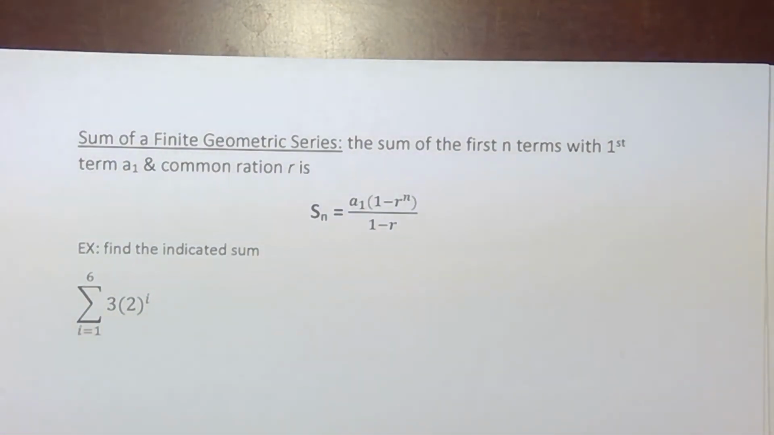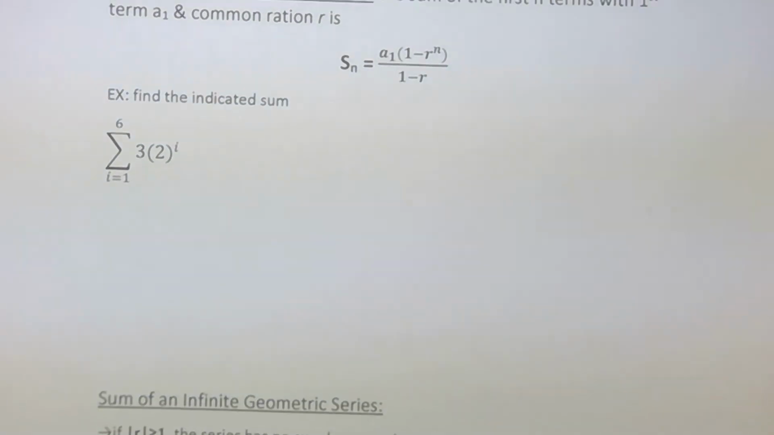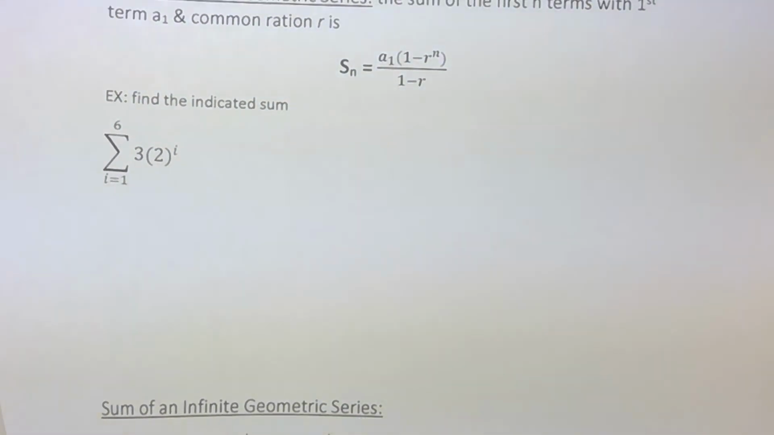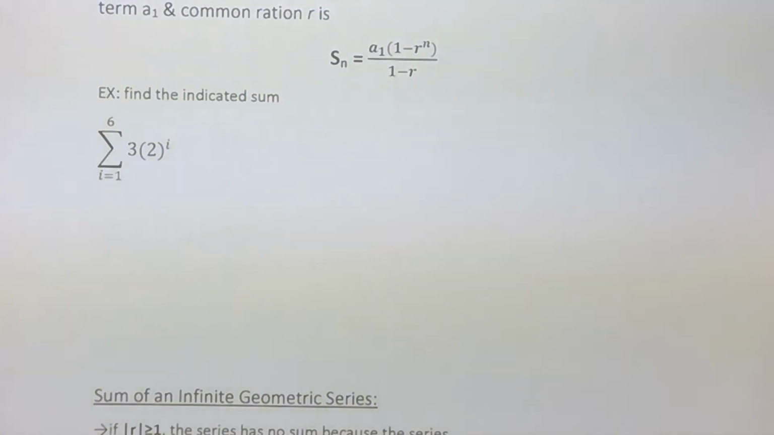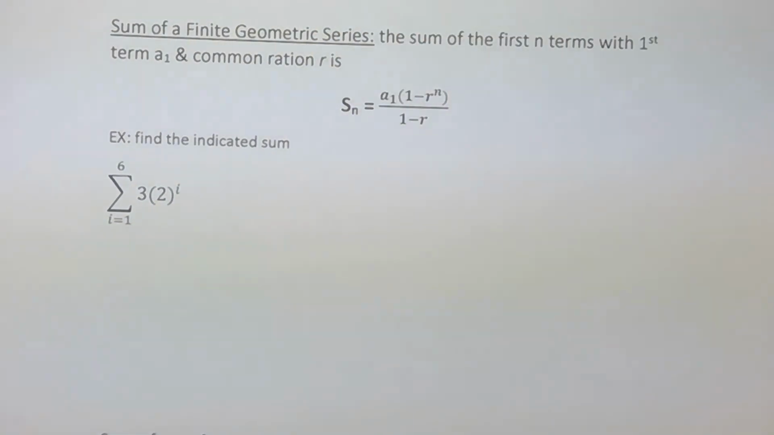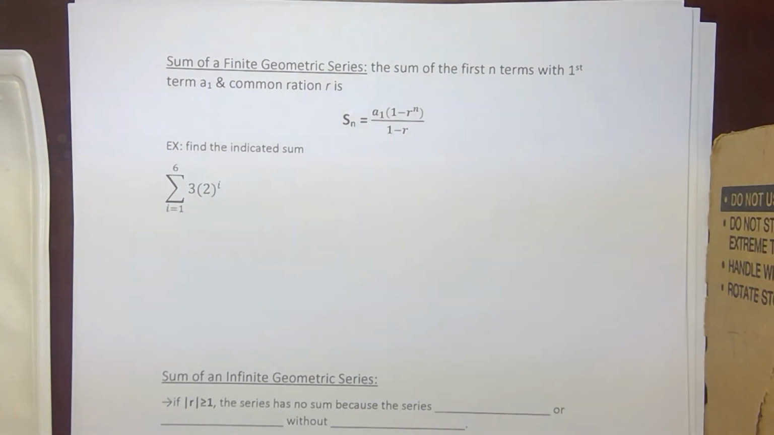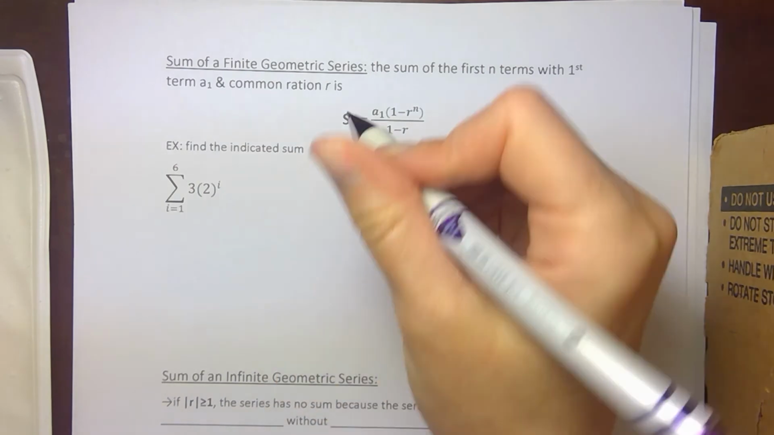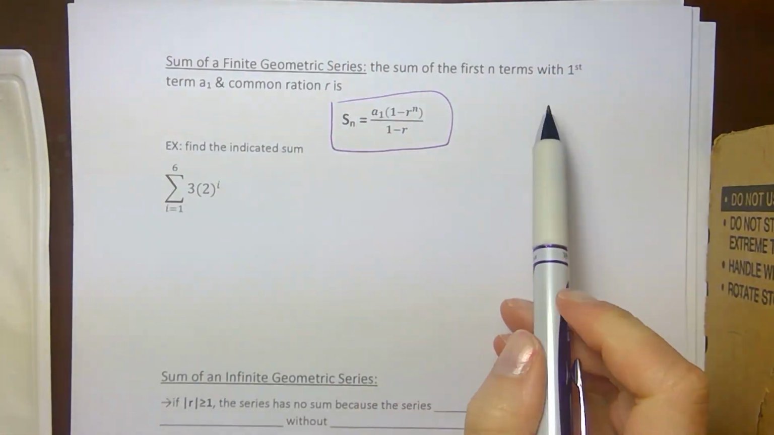Okay, the sum of a finite geometric series. Now remember when we were doing arithmetic series and finding sums, we discussed the fact that you could find the sum of a finite arithmetic series, not an infinite. But notice on this page, I have it set up to find the sum of both finite and infinite geometric series. To find the sum of a finite geometric series, I'm going to use this formula,